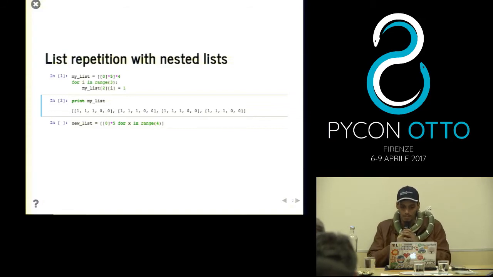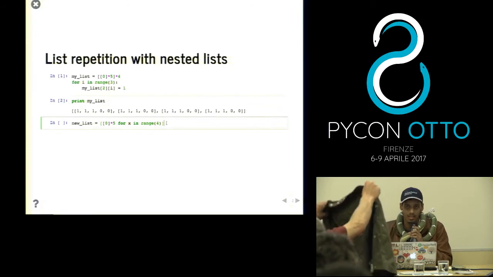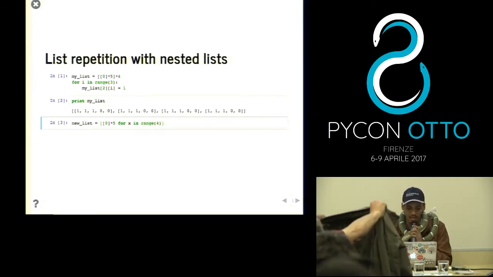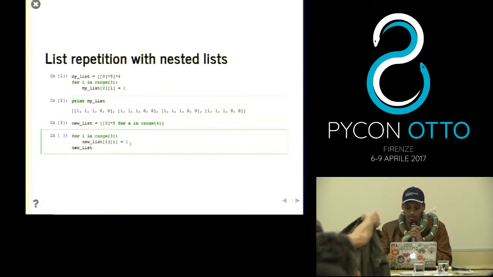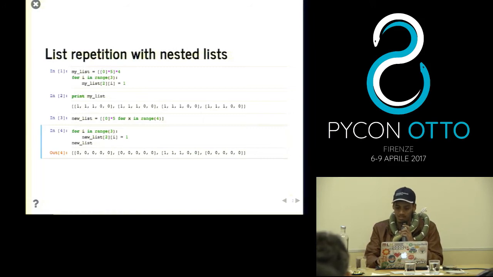So you might think you're just changing the list at 2i, but all the values in the same column are being changed. The way to overcome this is to use something like a list comprehension, which does the same thing. Now if I try this, it works. So that's the first thing. Let's move on to the next.